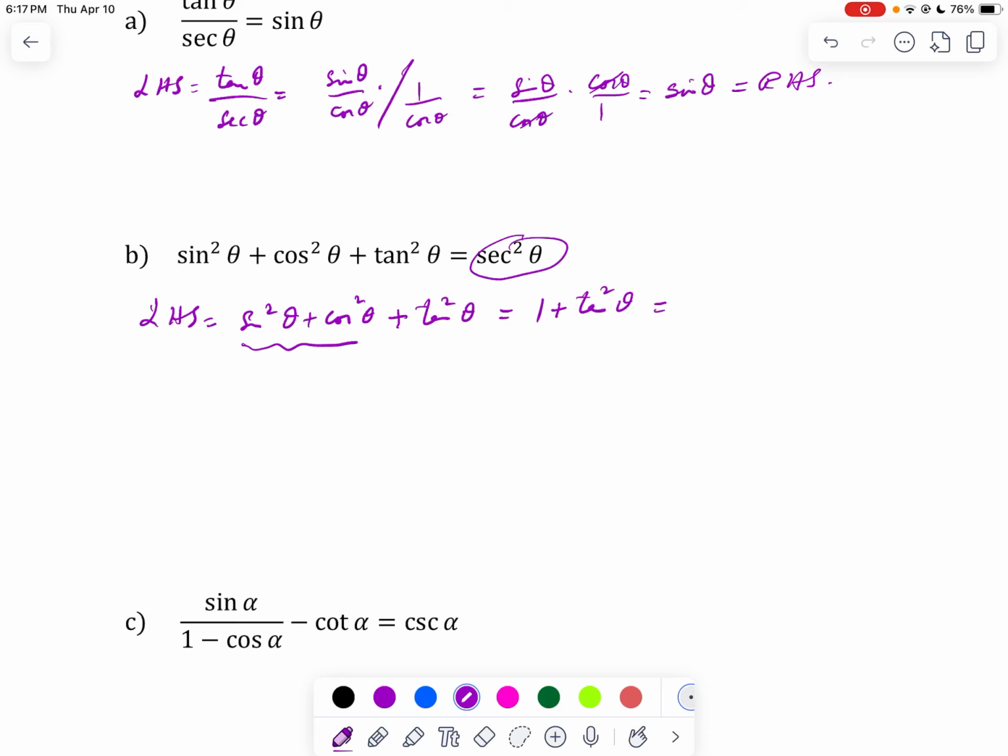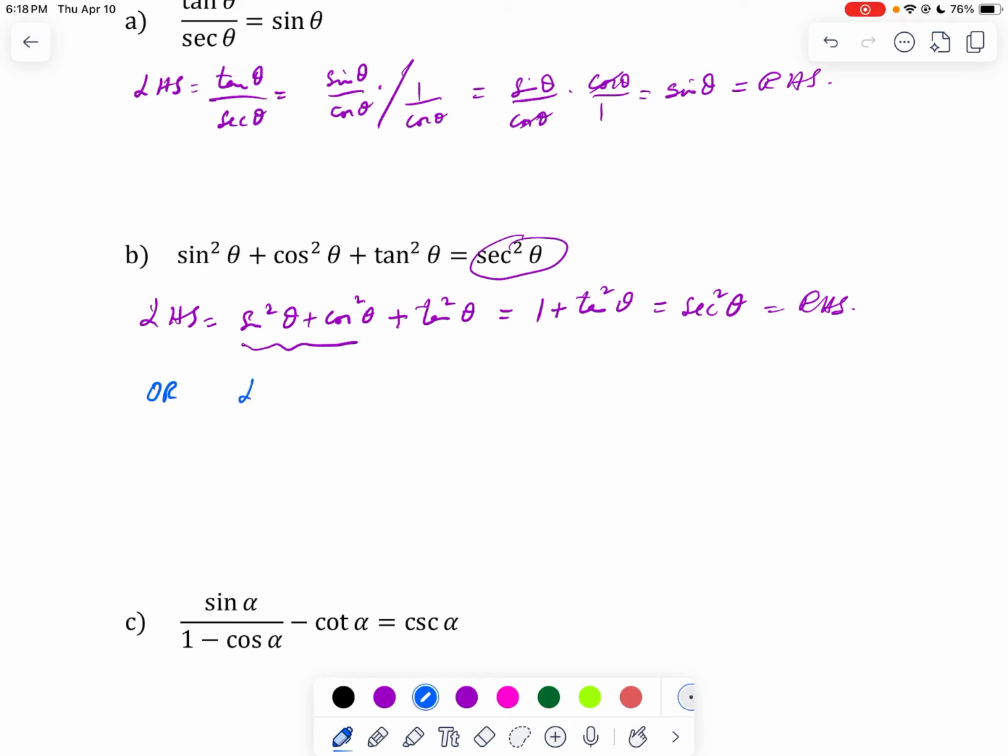One of the identities is 1 plus tangent square theta is equal to secant square theta, which is what we are getting, so it is equal to the right hand side. Now if you cannot see that, then you can do it, I should say, or maybe do it with another color, or